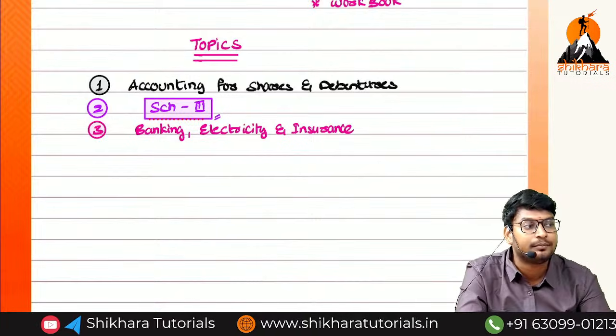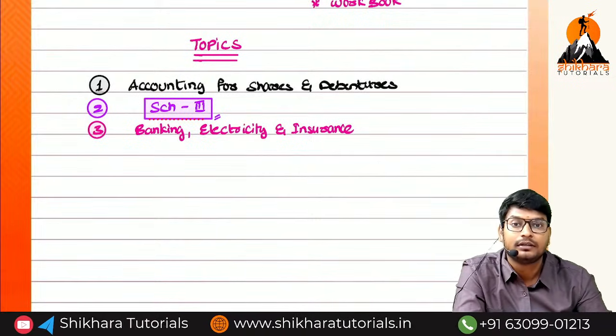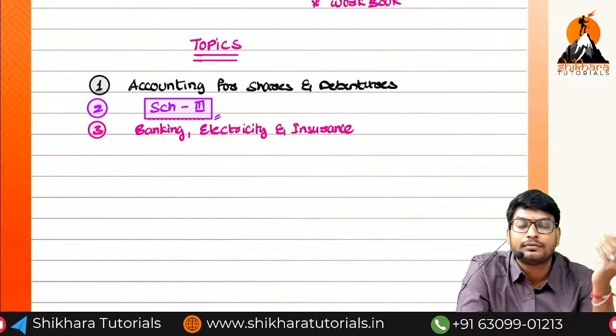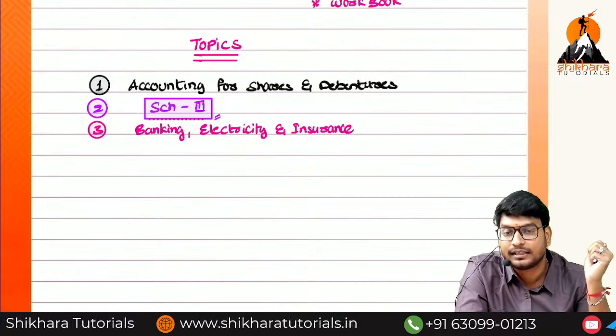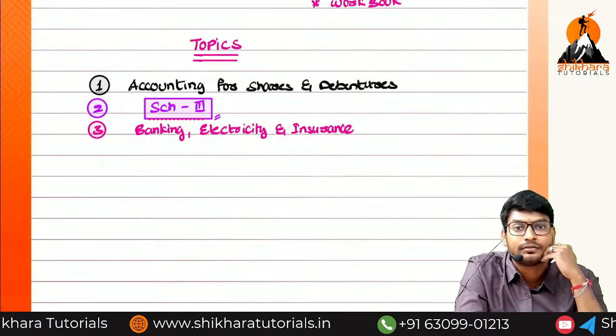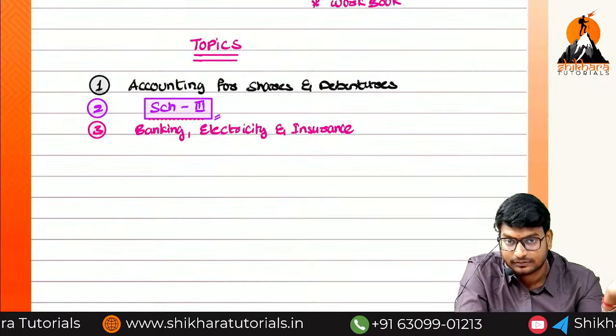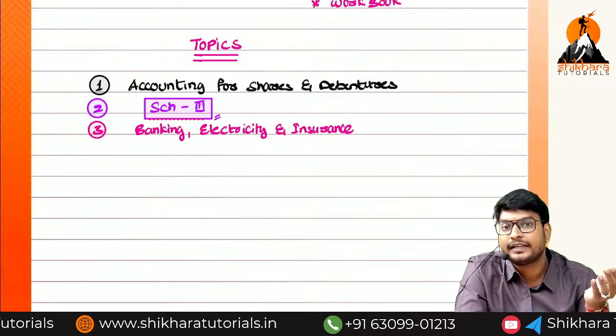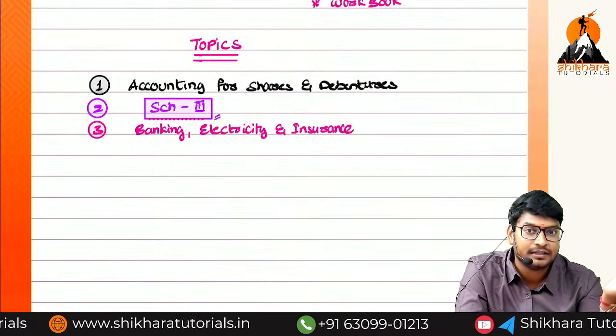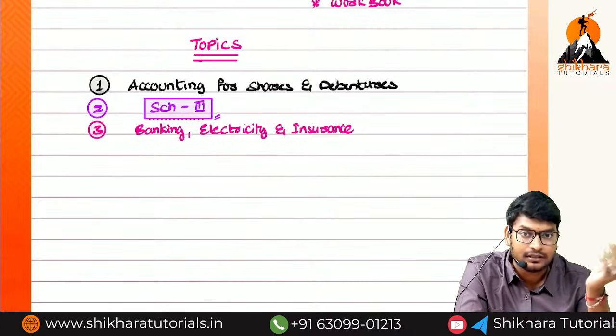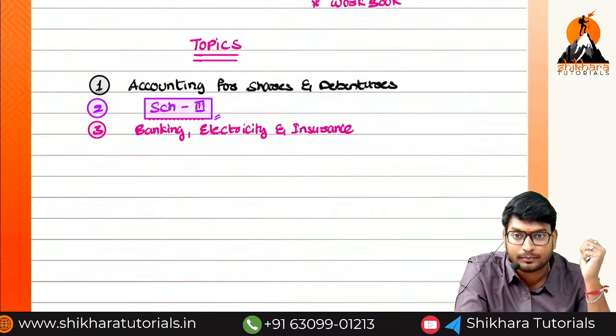What are the two main important reasons for accounting? The first is to know the financial result, whether profit or loss. And the second is to know the financial position. What is the meaning of financial position? Balance sheet, nothing but assets and liabilities. Favorable position or unfavorable position.